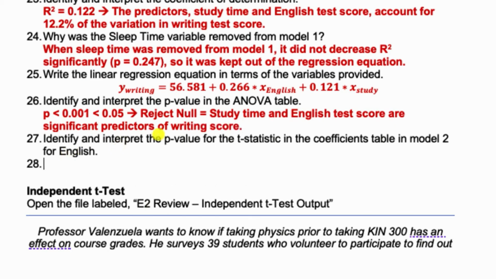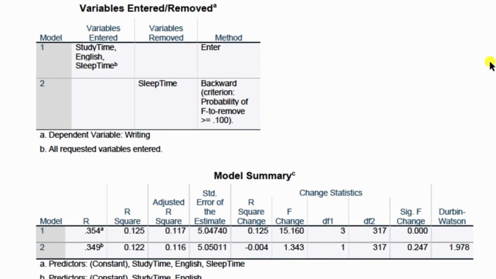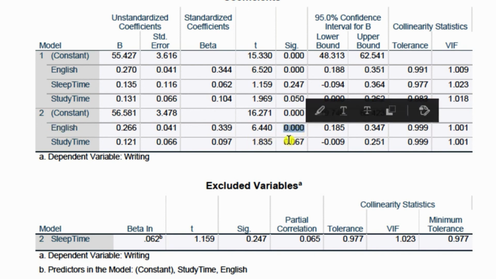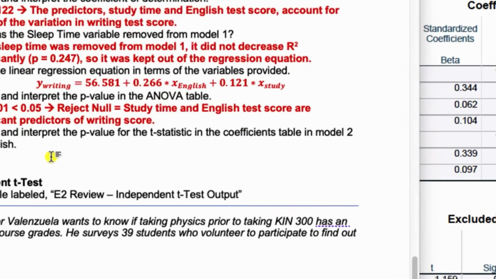Okay. Now the way that we interpret that is slightly different from the way we interpret the p-value for the t-statistic in the coefficients table. So I've also asked you to identify that. And I've specifically asked you to provide the p-value for the t-statistic for English. So if we look at English in our second model, and we look at our p-value here, kind of a similar situation where p is less than 0.001. So we would put